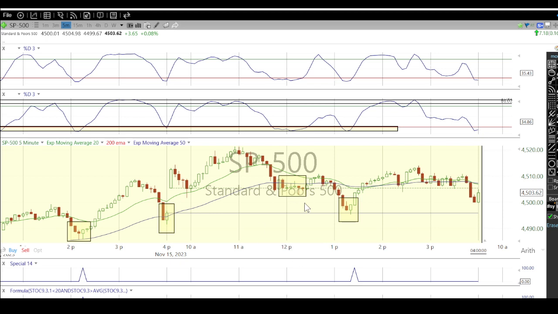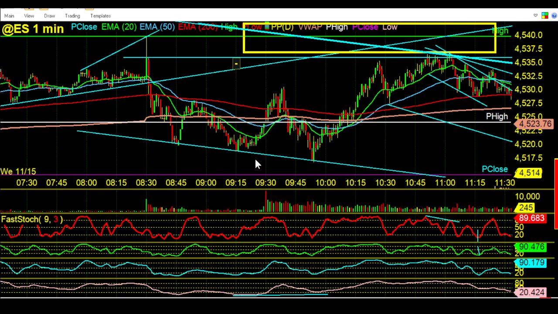It should continue to work. And if it doesn't, and we start to see a trending market, you just take the opposite. If it's a downtrending market, you sell the rips or you short the pops. You don't go long in a downtrending market. And if you do go long, you take it off the first time it rotates back down. There are some simple rules here that are going to make you successful.